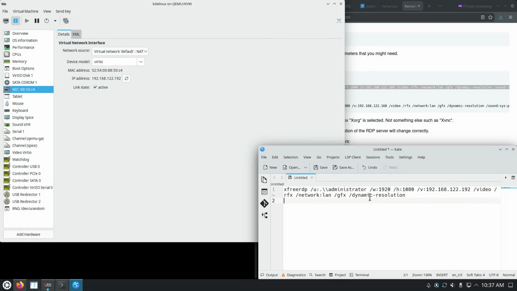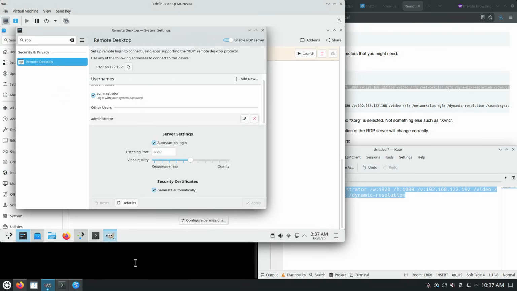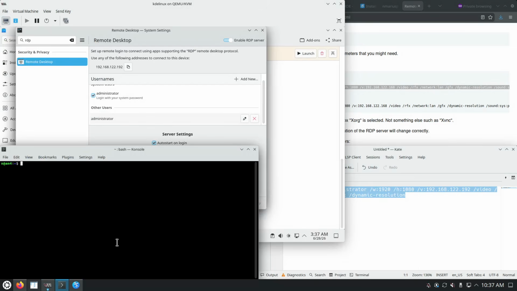Okay, so the previous time that I tried, the following command lines don't work: slash dynamic minus resolution, and the initial resolution slash w colon and slash h colon. Let's keep them in here. They should be benign. Okay. At this point, the